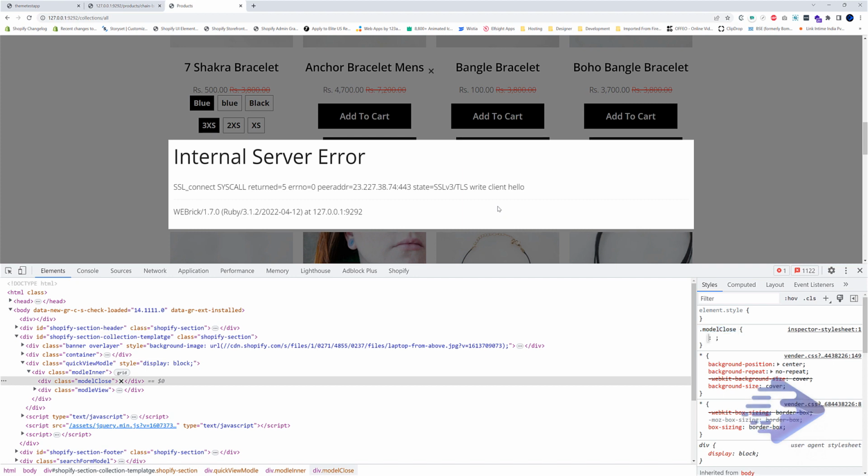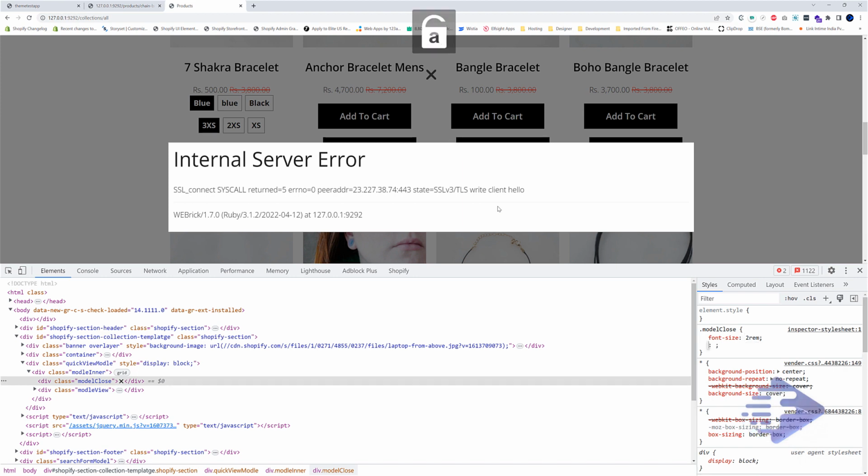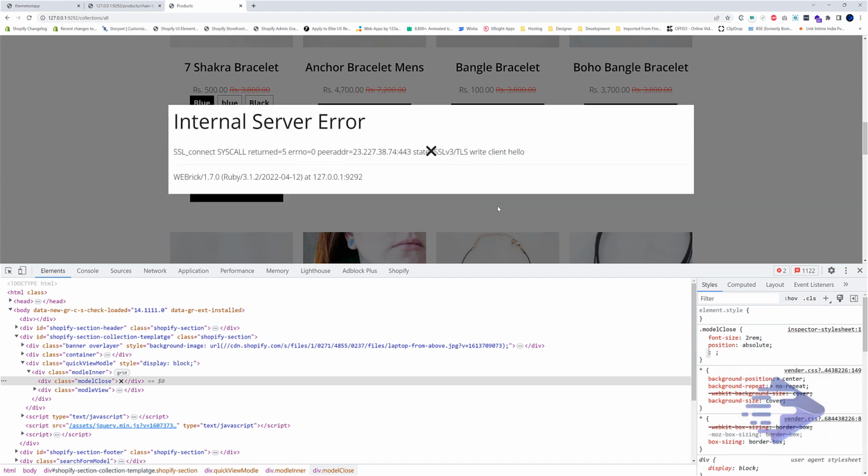So let's design our close button. Font size will be 2 REM, and position is not relative, absolute.